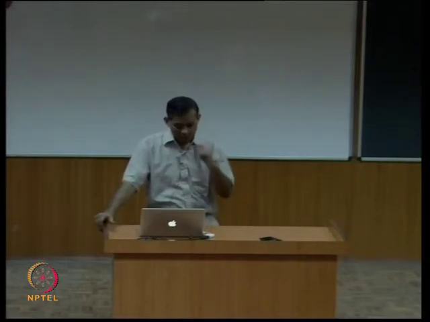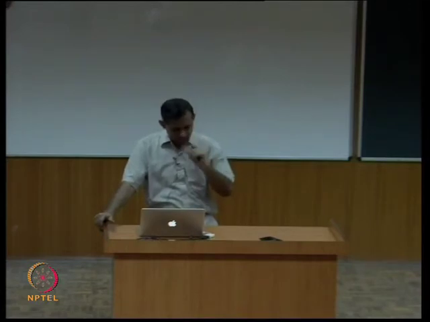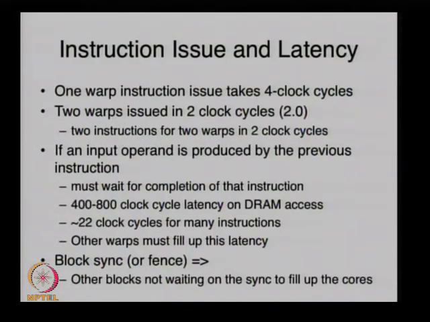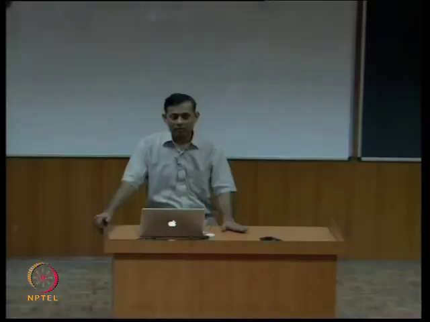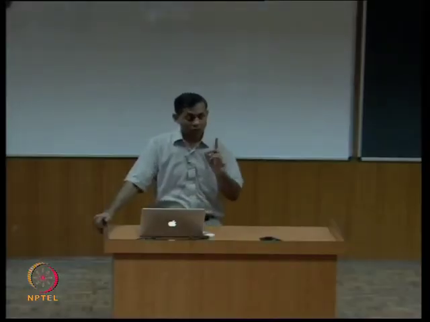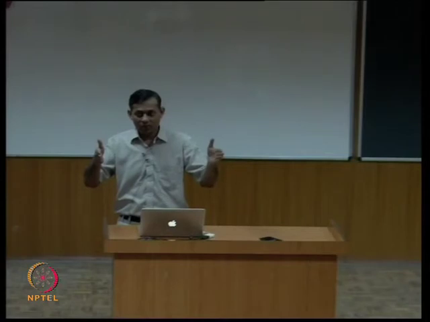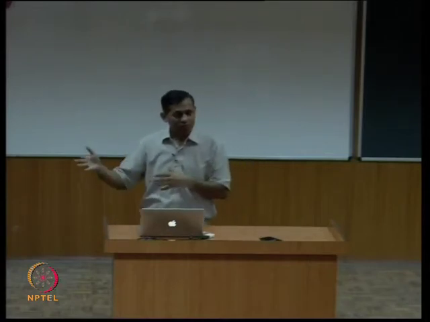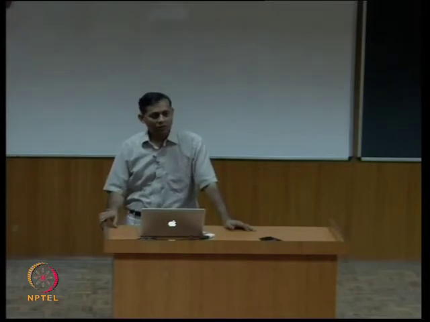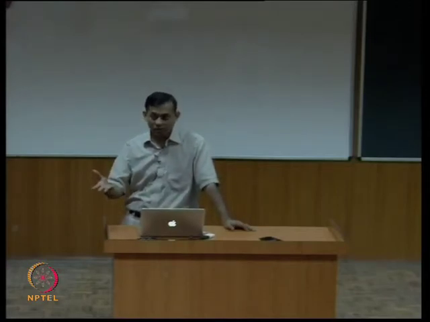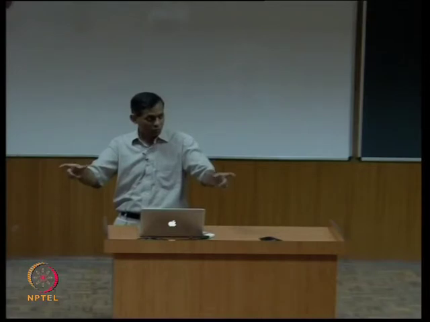Okay, so back to the numbers that I was talking about. You take 4 clock cycles to launch all the threads of a given warp on 1.x, because there are only 8 processors and you have 32 to run, so you do it over 4 clock cycles. It turns out that now with 2.x you can launch it every clock cycle, right? Because there are 2 half warps you can launch,